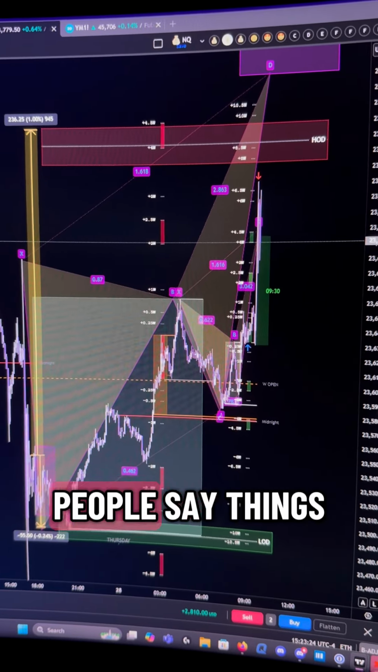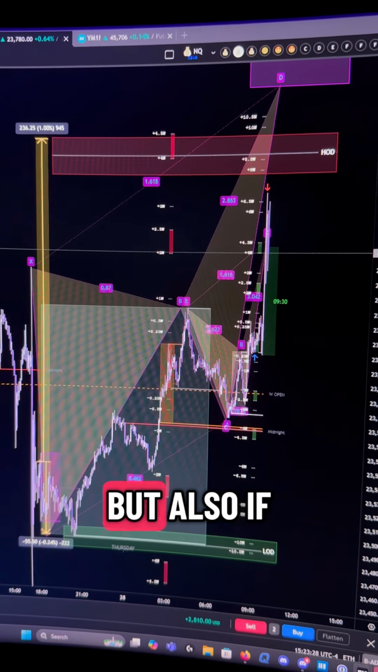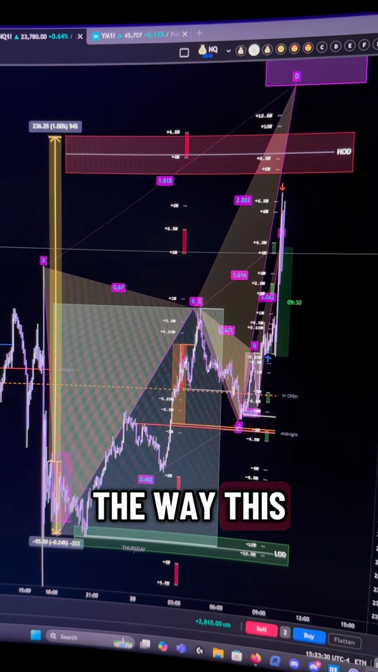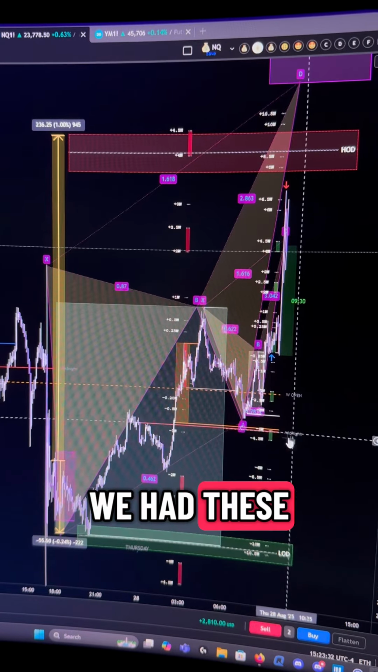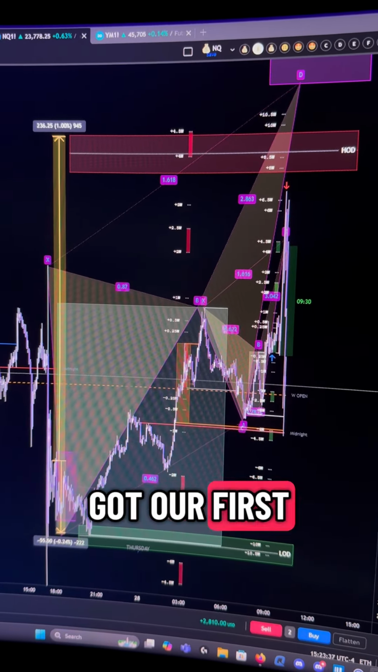Now, you'll hear people say things like, price has memory, and it kind of does. But also, if you look at the way this played out, so we knew we had these highly statistical probable targets down here. Okay, so we got our first thing, and